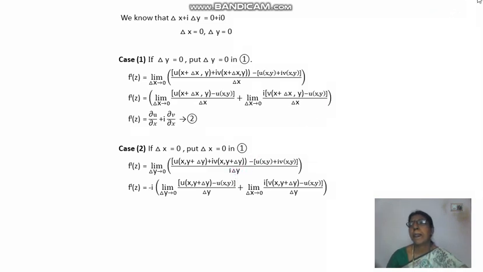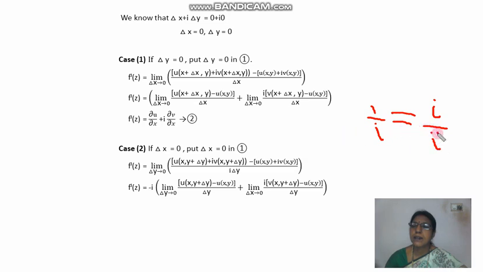See here, 1 by i is equal to, suppose we multiply with i both numerator and denominator, we get like this,